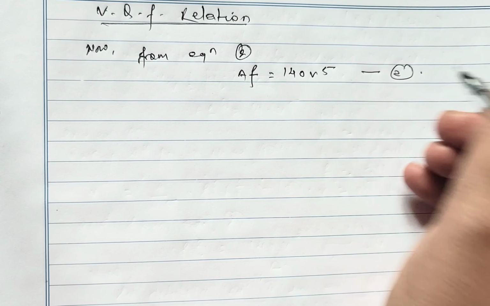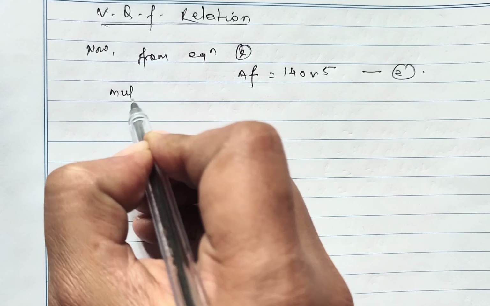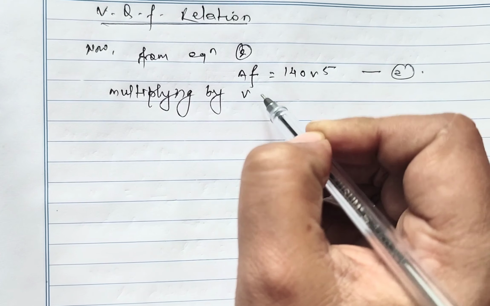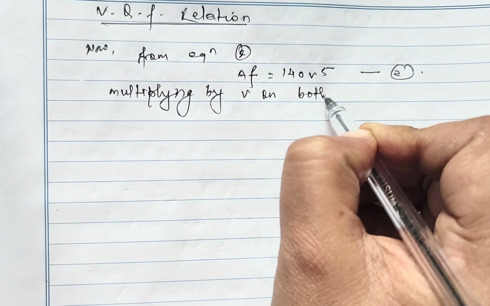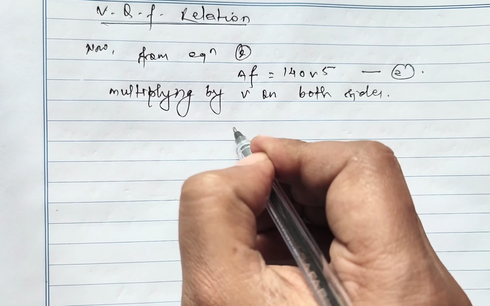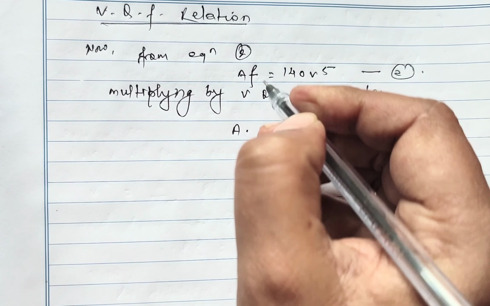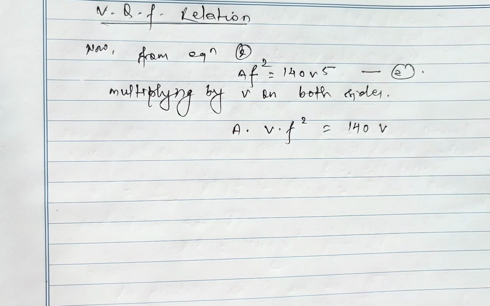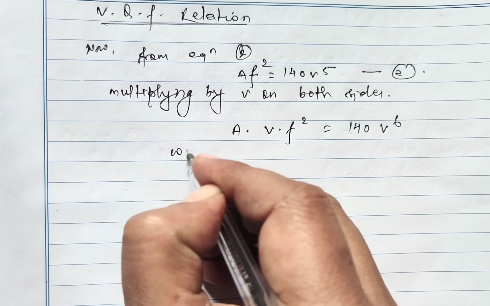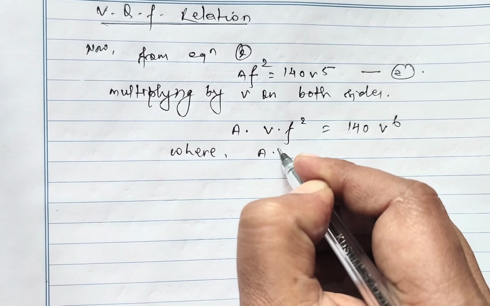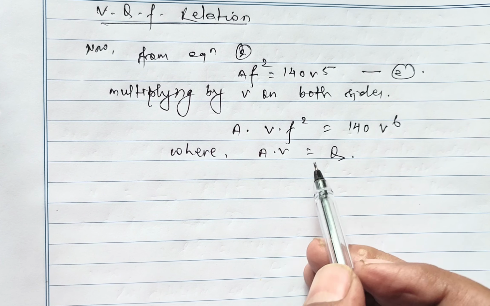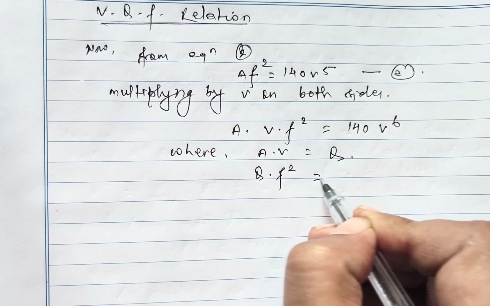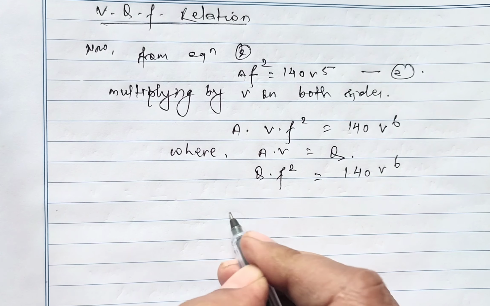For this equation, multiplying by P on both sides, that is A dot V dot F square equals 140 P power 6, where A dot V equals Q, that is the discharge formula. Then Q dot F square equals 140 P power 6,